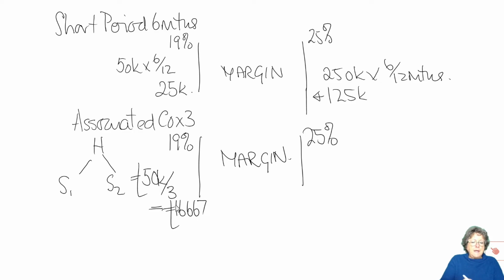So if any of the companies have profits up to 16,667, then they will pay tax at 19%, because they're all treated and dealt with the same. Anything over that, they'll be in the margin until they get to, and again, I think you can understand where we're going with this, that is also divided up,